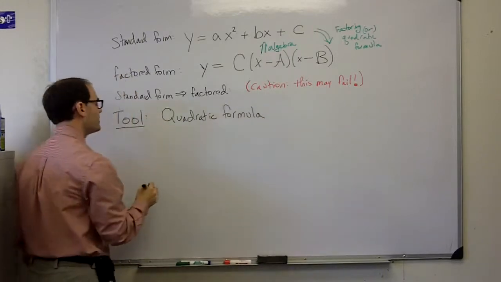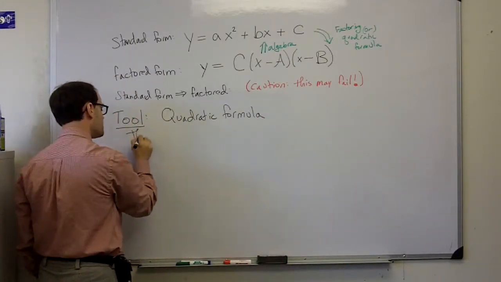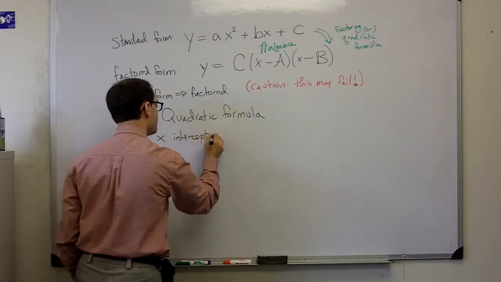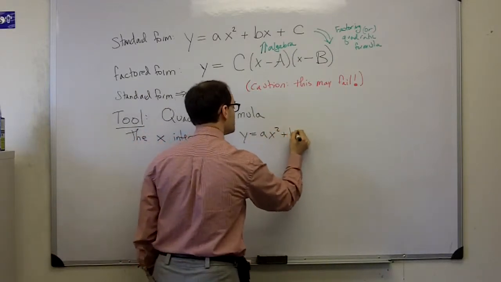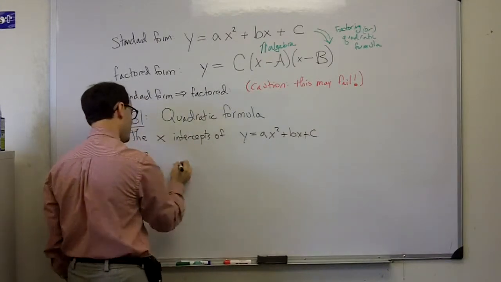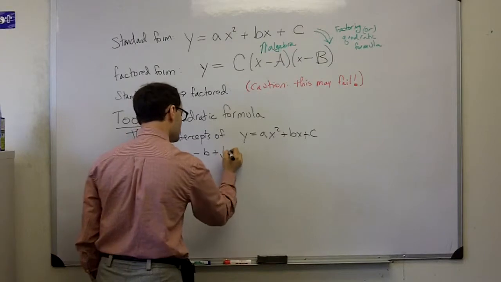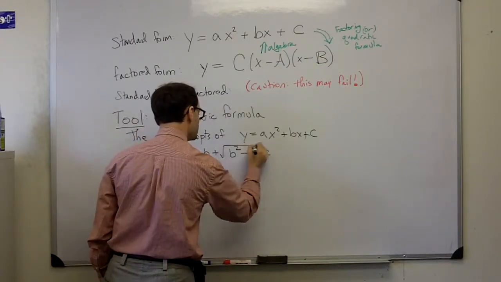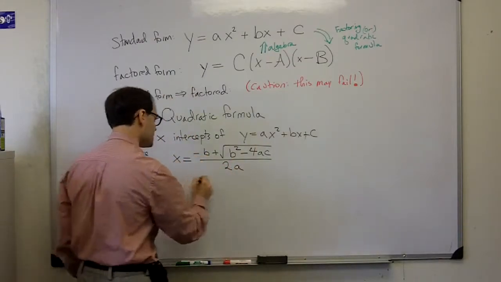And the quadratic formula says that the x-intercepts of this quadratic written in standard form are x equals negative b plus square roots b squared minus 4ac divided by 2a, and